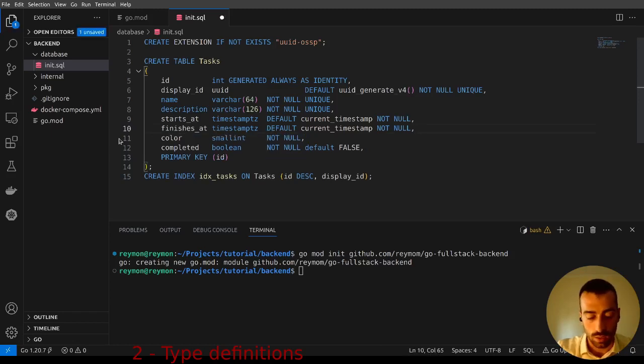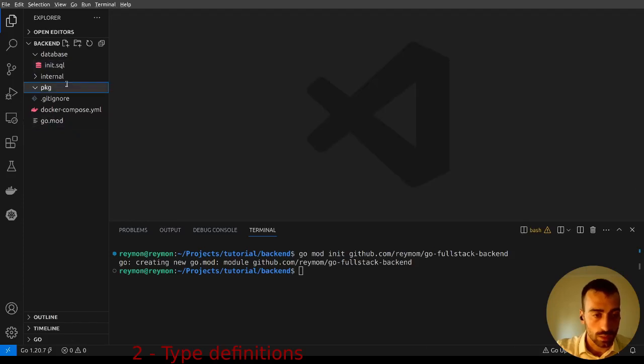The color is the same, so we can keep it short and just show one of these features instead of the two. And finally, the completed, which is a Boolean. So let's see how we connect these to the Golang types, we can go in the package, and